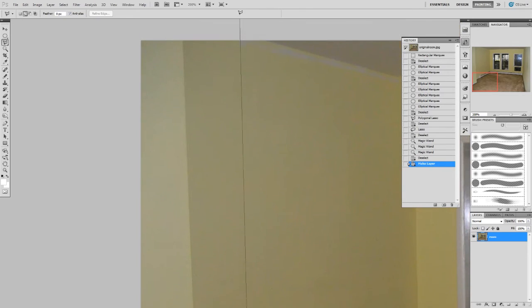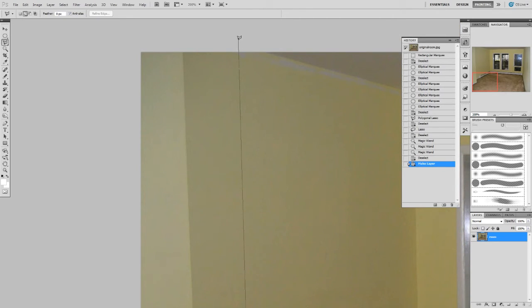When using the lasso tool, sometimes it's best to select smaller portions of the image, and then select more as you go along, especially when you're having to zoom in. It's kind of hard to select the entire image in one swipe. So I'm going to click here and then drag out again beyond the image and double click to close the selection. Okay, now we want to add to this. Obviously we don't have enough